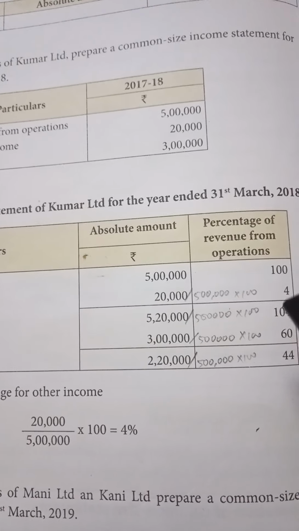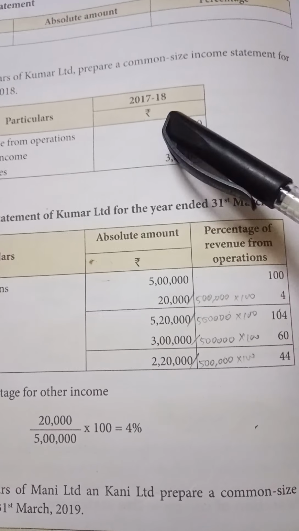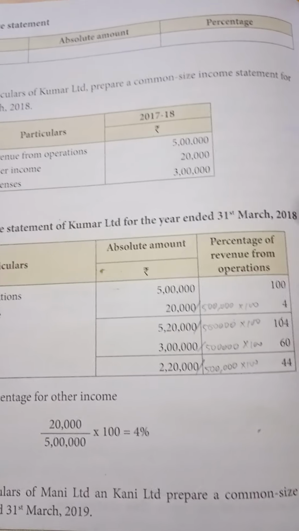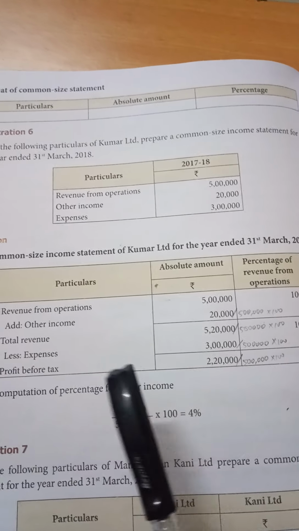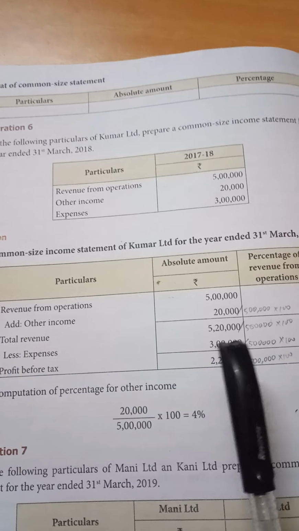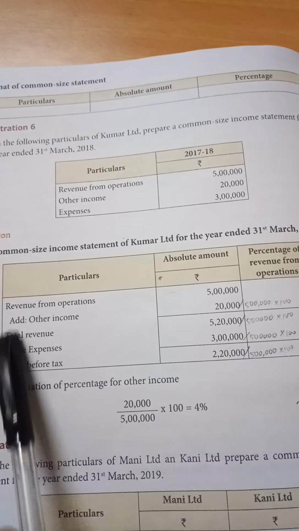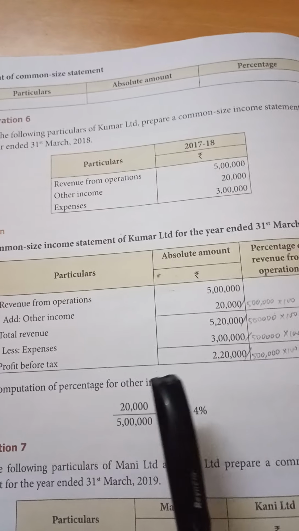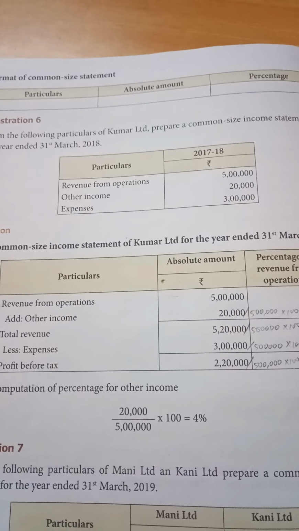So this is the pattern of how to go about when only one information or 1 year information is given. This will not vary for any of the tools. Even if we move on to the next tool, that is trend analysis, this will never change. These calculations will be the same for all the 3 tools, that is comparative statement, common size statement and trend analysis.